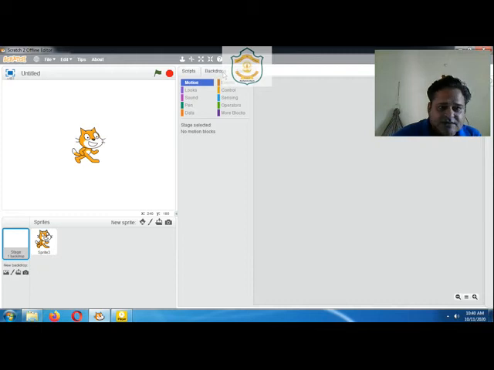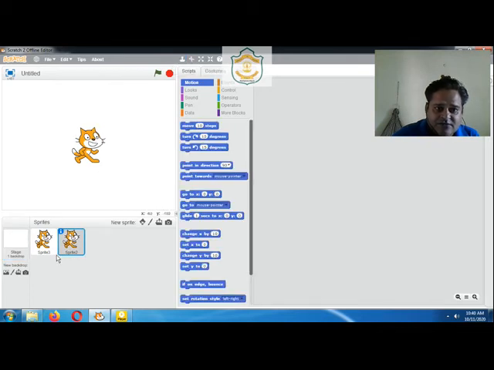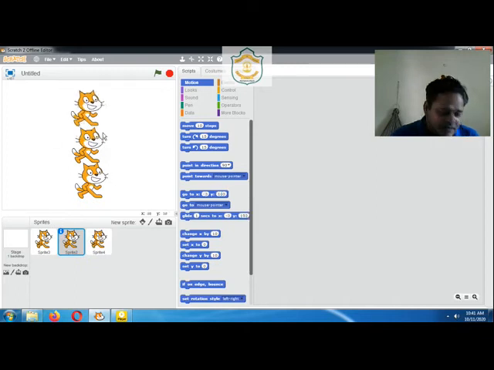Now the next one is cursor tools. These are cursor tools. The first one is duplicate. That means it will duplicate our sprite. Now you can see we got two sprites. We can repeat again. Now we got three sprites. We can shift their positions to place them anywhere on the stage.